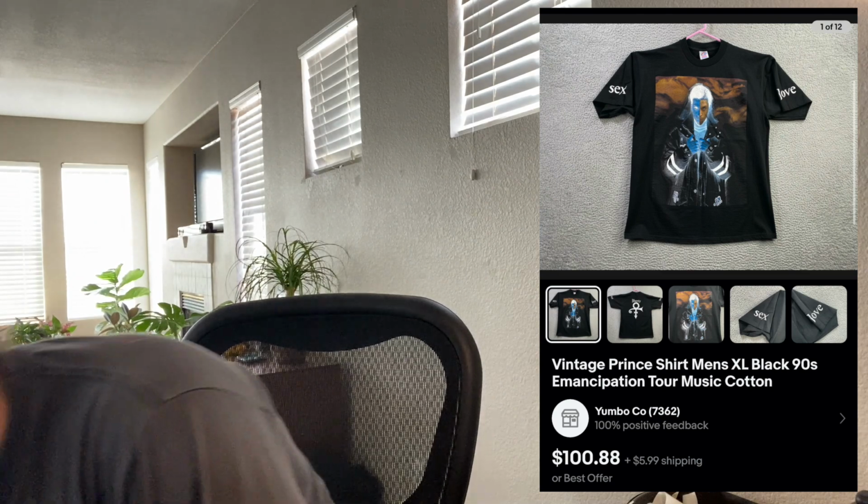Now this shirt, I'll pop it up here. It's like a vintage Prince shirt. And there's none sold, at least in my quick research. Everyone has them listed for like $250. But this one with this tag is not single stitch. The ones that I sold for $250 were single stitch. So I priced this one at $100, even though a lot of the other ones were priced at $250